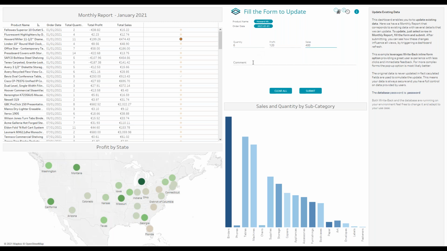numbers, I am now able to submit a comment. And because I made a change, I need to justify this comment. This was configured by my dashboard creator. So they now have some context on why this change is happening. And I can just simply say that we actually sold a few less than expected, for example, and I can